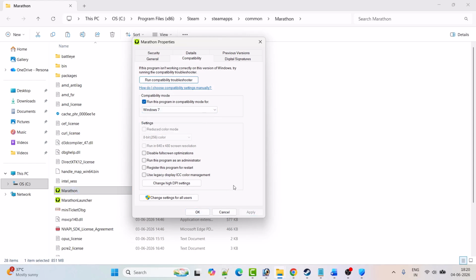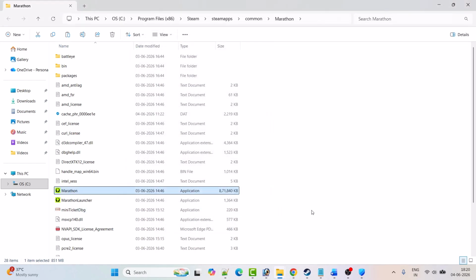If it's still not working, then also check mark Disable fullscreen optimization option, hit Apply, OK, and then launch the game and check. If it's still not working, also check mark Run this program as an administrator, hit Apply, OK, and then launch the game and check. If it's still not working, then untick all these 3 boxes. Also untick Run this program as an administrator, and then hit Apply, OK, and then follow other fixes mentioned